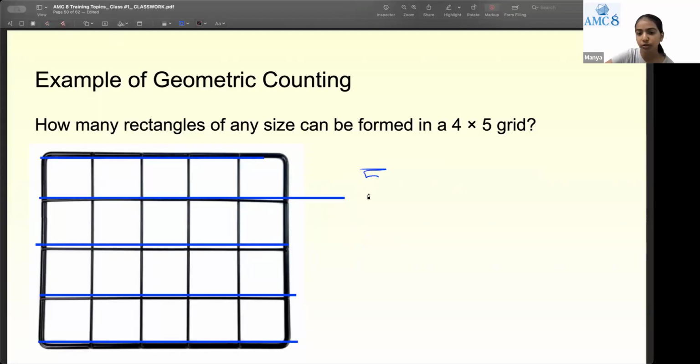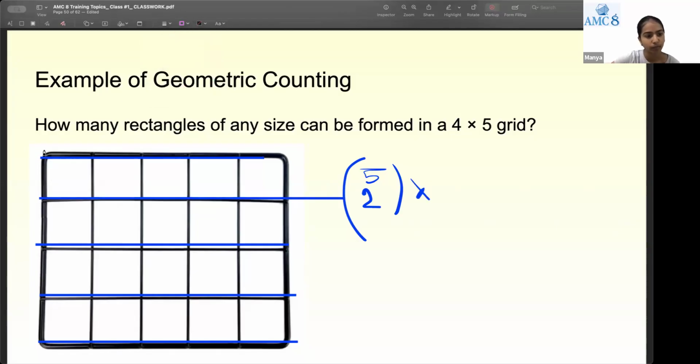And we would need to choose 2 of them, right? We would need to choose 2 of them to make the horizontal part of the rectangle. And we would need to choose 2 of them because we would need the top part and the bottom part. So we need 2. So 5 choose 2 times how many